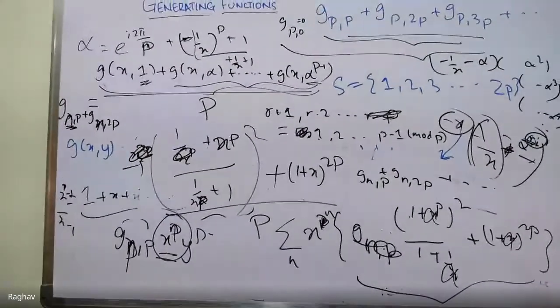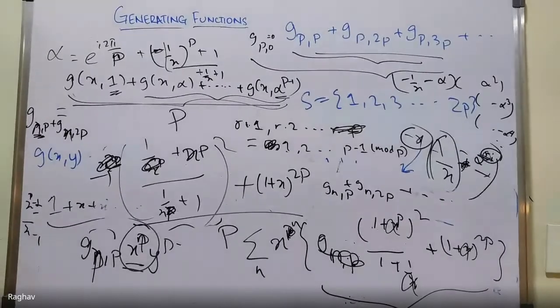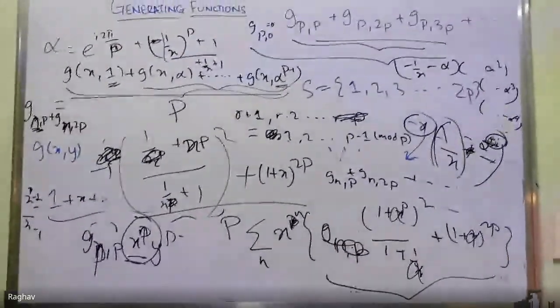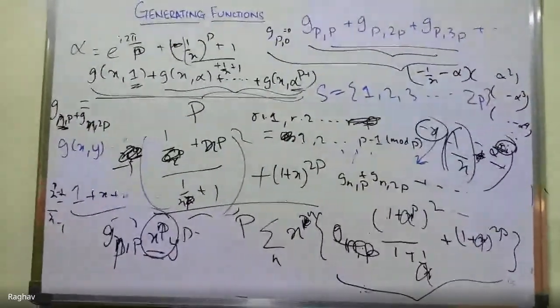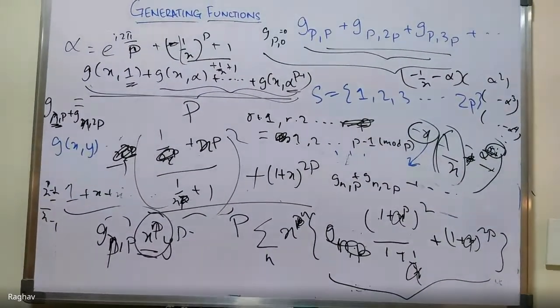Okay, are people actually comfortable with the roots of unity filter, or should I send a link to that, or just some explanation on that? Maybe a bit of explanation would be nice. Okay, it's already past the time limit, so you want me to do it now, or I'll just send a link or something? Maybe you can just send the link. Okay, fine, sure. Okay, then that's all, I guess. I'll just look at the solutions and tell you which one is the correct one. Just give me a few seconds.